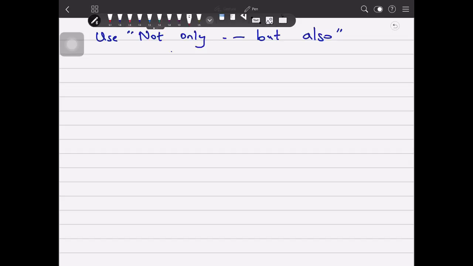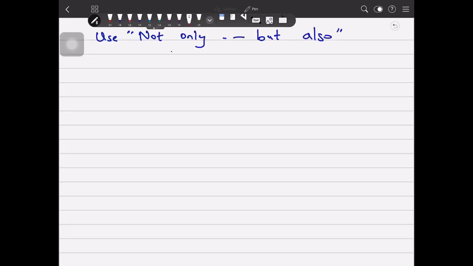Now the question is, when do we use not only but also? Now listen to this very properly. When we have a single object with two different qualities given, or else if there is a single quality for two different objects, in both of these situations we use not only but also. In very simple words, if we have an 'and' anywhere in the sentence, then we can replace that 'and' with not only but also somehow.